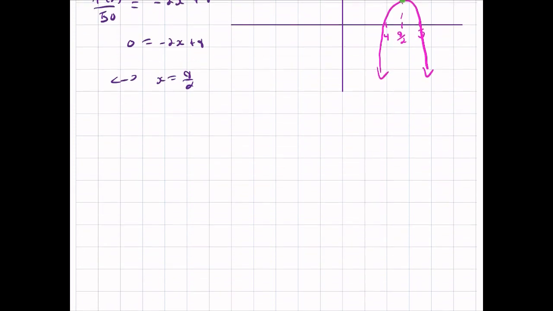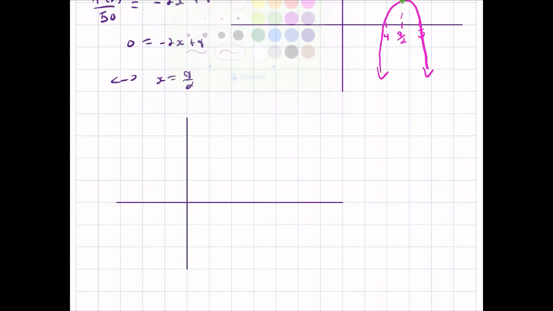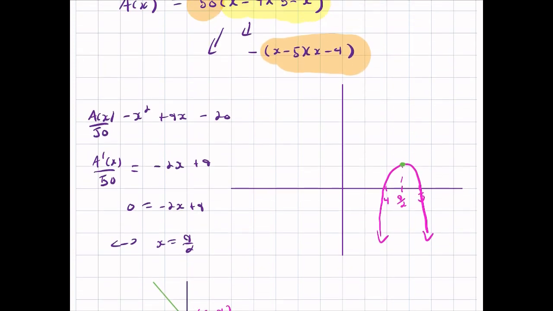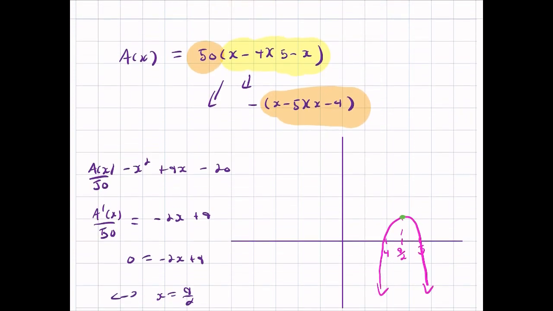And this negative 2x plus 9, of course, is the negatively sloped line, which goes through 9 over 2, 0, and 0, 9. And so you can see that it goes from positive to negative at the only root, which is 9 over 2, which means that this point is a max. But you can also see that because the area function was a downward-facing quadratic, its max occurs at the vertex, which is going to be at 9 over 2, and